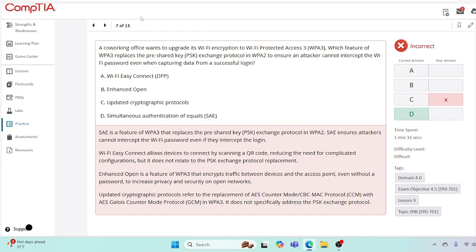A co-working office wants to upgrade its Wi-Fi encryption to Wi-Fi Protected Access 3. Which feature of WPA3 replaces the pre-shared key exchange protocol in WPA2 to ensure an attacker cannot intercept the Wi-Fi password, even when capturing data from a successful login? And that's